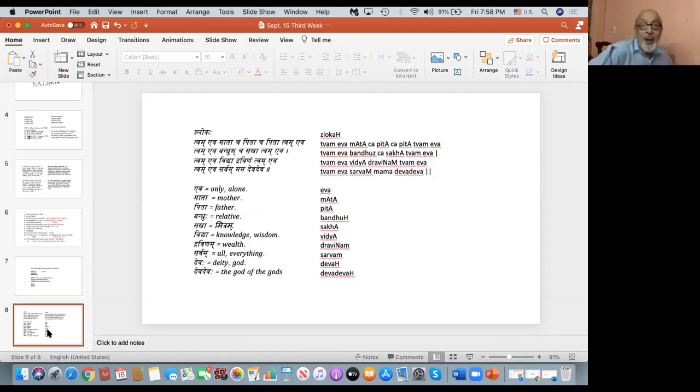Okay, now let's go to another page. For the very first time I have a shloka for you. Have you ever heard the word shloka? Yes, verse. Shloka is the word for chanting Sanskrit. 75% of Sanskrit books are written in shlokas. Therefore, if you look for Sanskrit text written in prose, it is difficult to find.